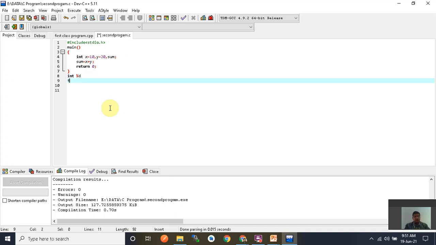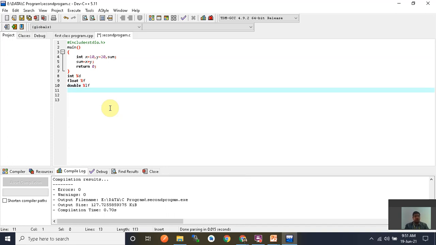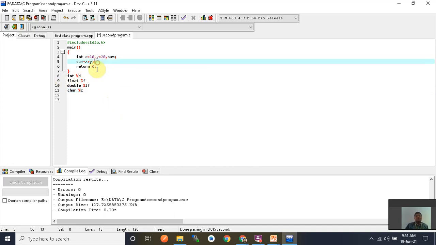And if you use float, then use %f. If you use double, you use %lf. And if you use character, then use %c. Clear?